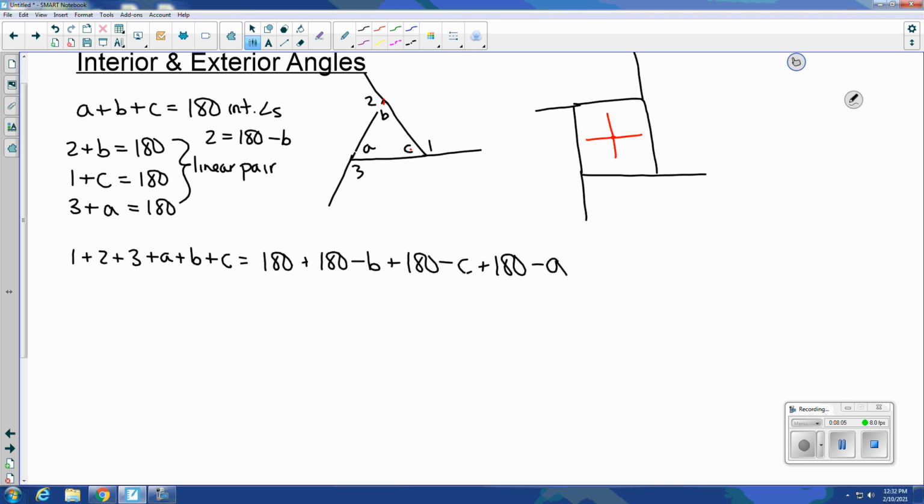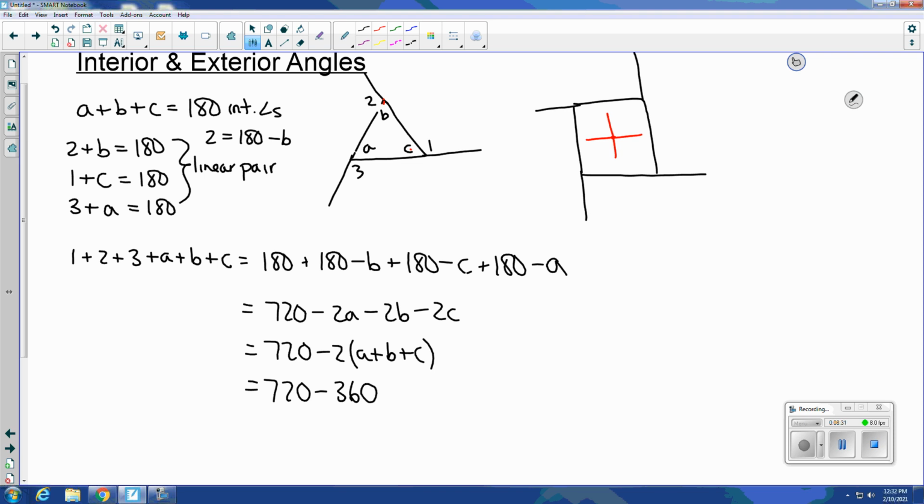So on this right side, 180 and 180 is 360, plus another 360 is 720. Now I'm going to move the A, B, and C to the right side. So we're going to have minus 2A, minus 2B, minus 2C. Now if we factor out a negative 2, we have A plus B plus C. Well, we know what A plus B plus C is. That's 180. So 720 minus 2 times 180 is 360. And therefore, I already moved this A, B, and C to the left side. So 1 plus 2 plus 3 equals